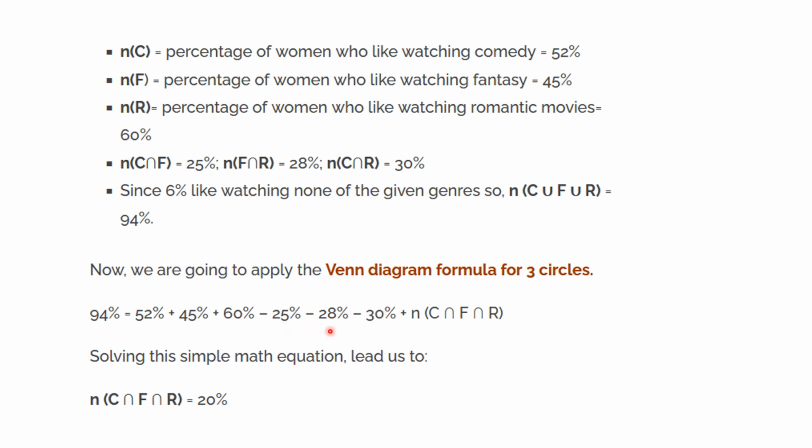So it's minus 25%, minus 28%, minus 30%, plus this is the number that liked all three, which you don't know what that is. But this is an equation that you can solve, because what you can do is take all of these numbers and solve for the percentage that is here. Now that means that there are 20% that are in this total, and that allows